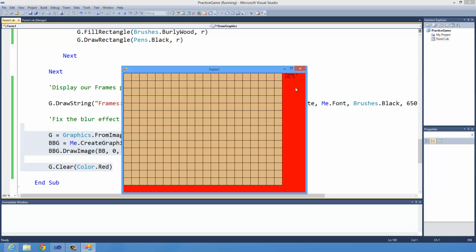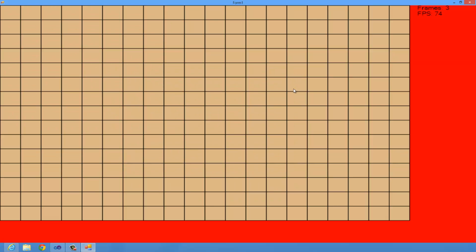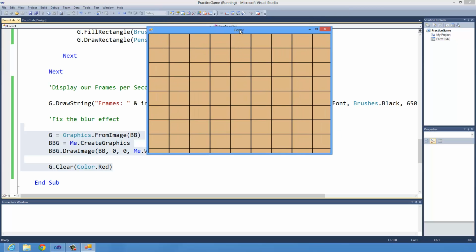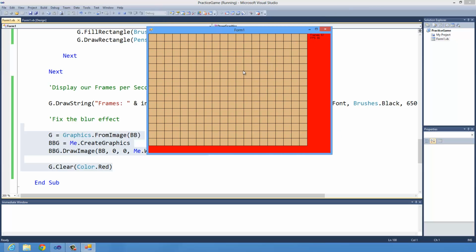Right now in this screen we have 79, 77 frames per second, which is pretty good. And if I maximize this, you'll notice that the frames per second drop significantly. And that's just because it has to draw graphics on the entire screen versus a very small portion of the screen. Okay, so now that we have a basic interface,